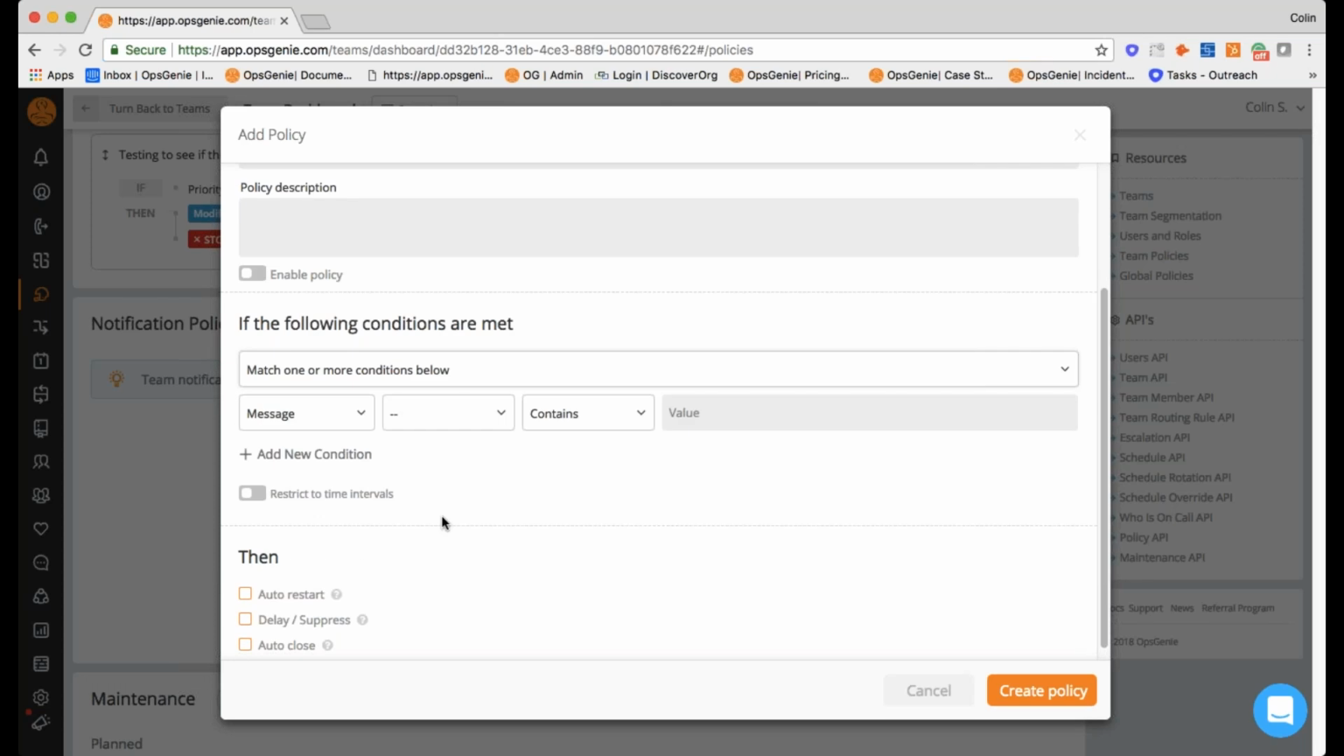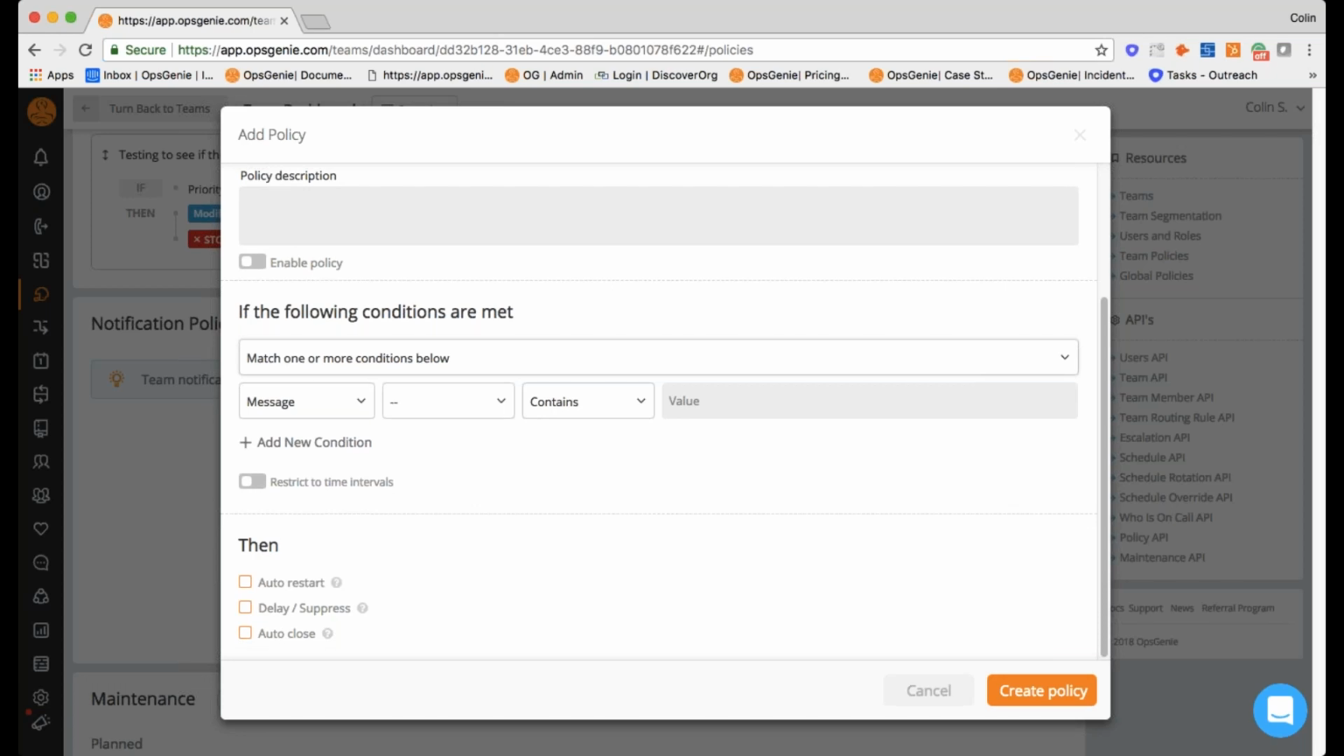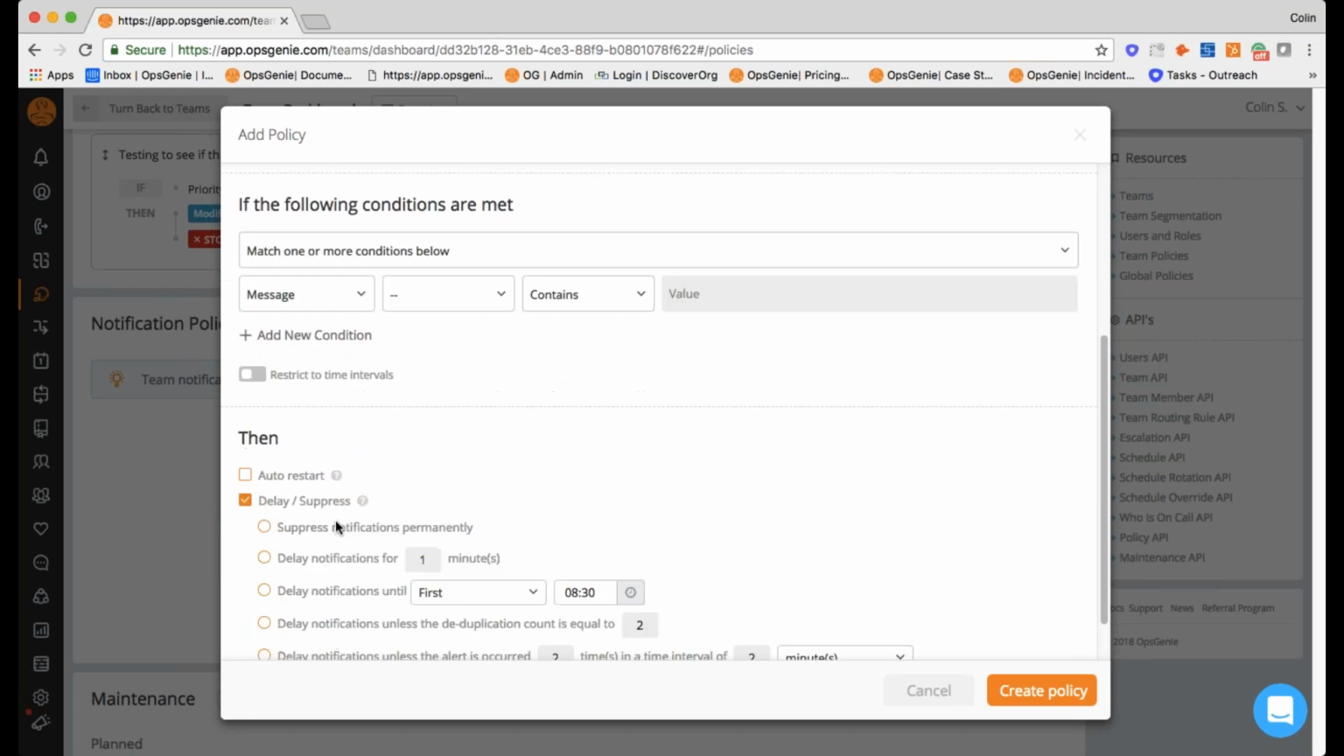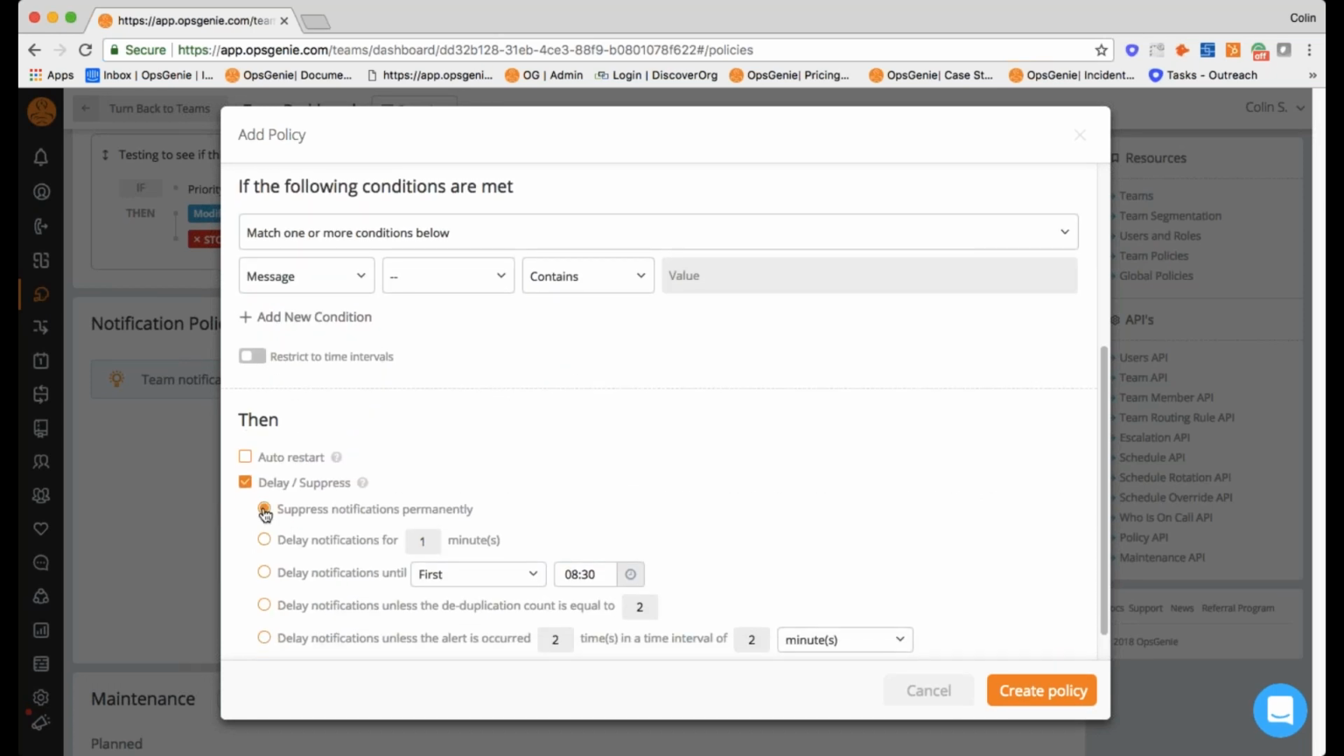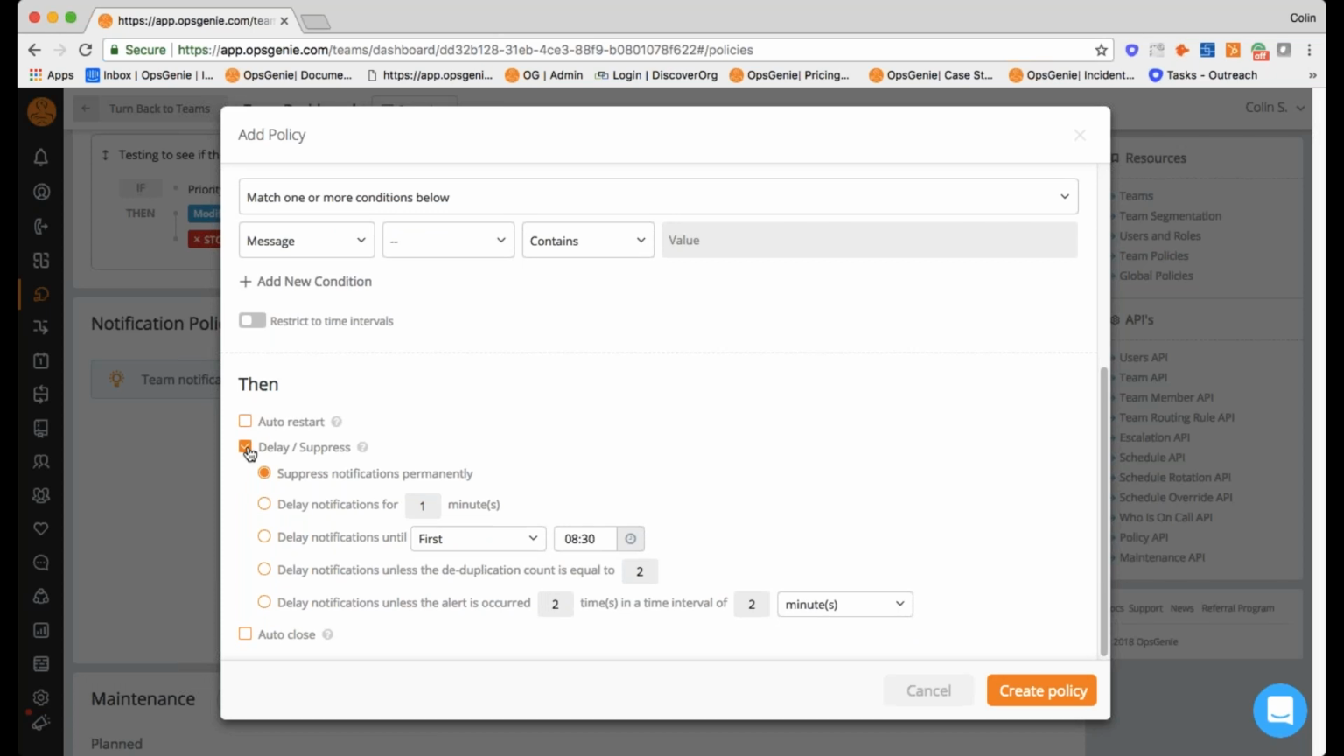One other thing to note down here is you'll see there's an option to restrict time intervals. I'll go into that a little bit later, but right now we'll take a look at being able to suppress notifications, whether that be on a certain time interval or even just permanently. So you'll see here that I have the option to check that off, and there's this section here to suppress those notifications permanently. A lot of the time what I'll see is that there are some informational alerts that people do want coming into Opsgenie, but they're just going to want to suppress those and have them close on their own, rather than having to go out and close them